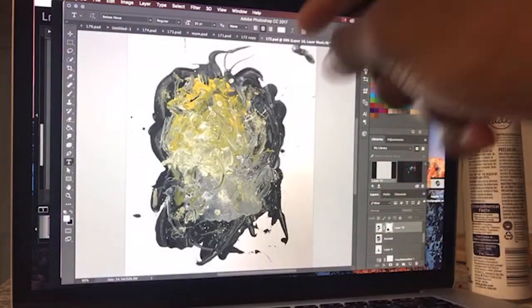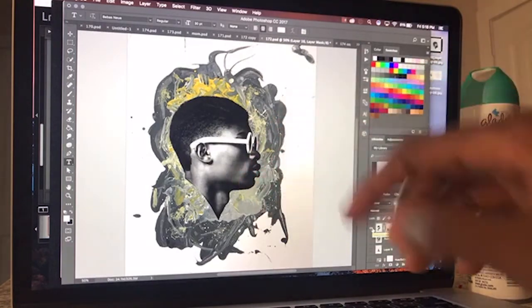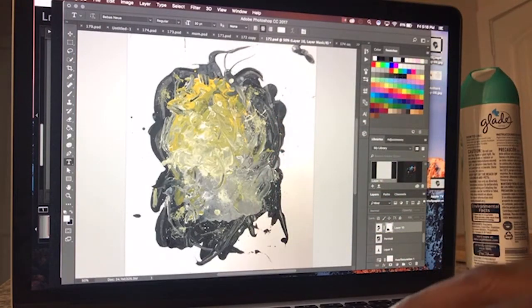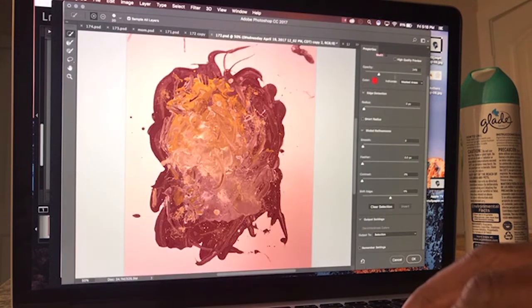Now, we are going to use this on this guy, okay? So I'm gonna show you how I did that. So I'm gonna use the quick selection tool again, because now I wanna select,